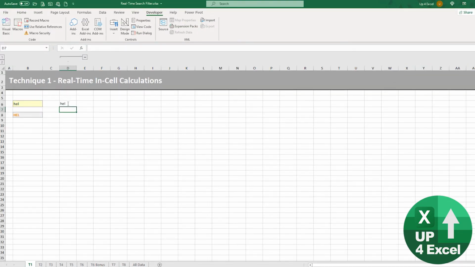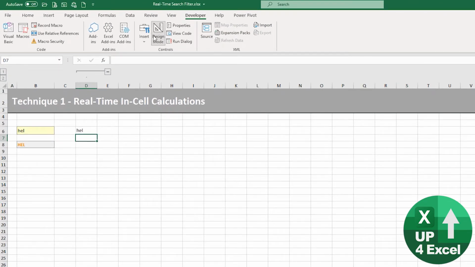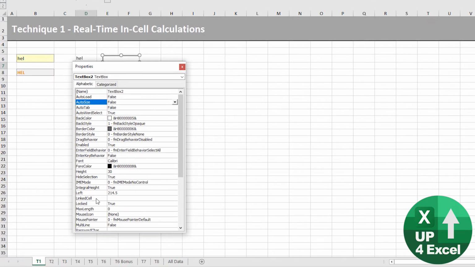It's probably been pinned down. On the developer tab, go into design mode, insert an ActiveX text box, and you can draw that freehand. You can hold down Alt and snap it to the grid, whatever, it doesn't matter. Point is, when you're in there, click on the properties, find the link cell and link it to the cell. So in this case, that would be